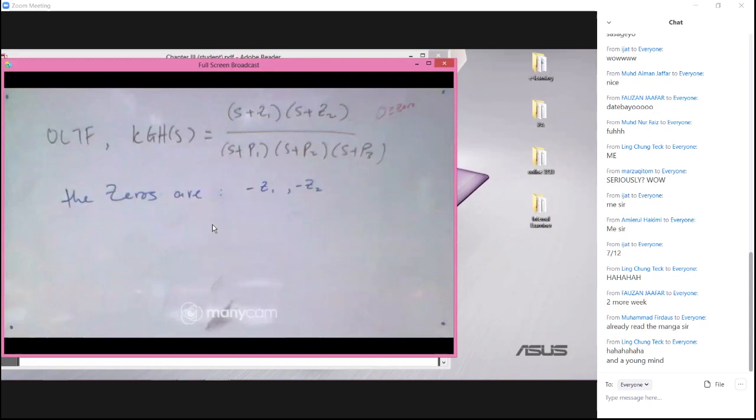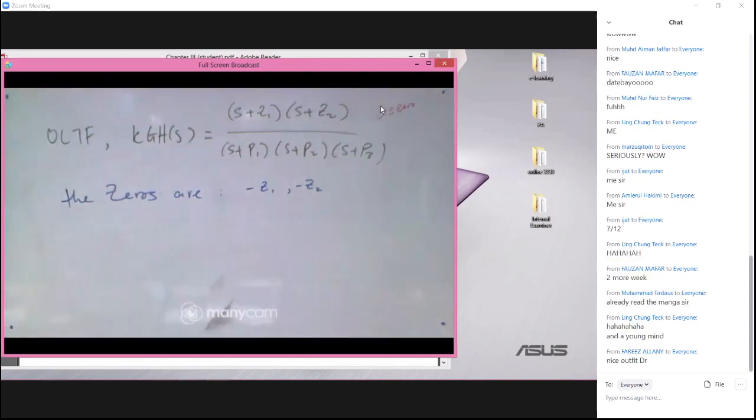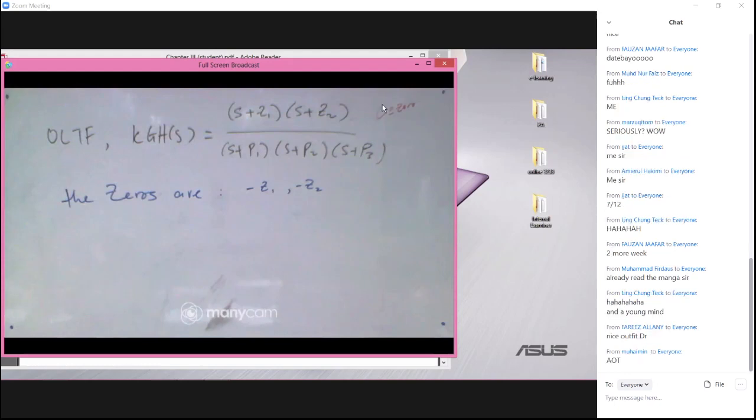There's always a confusion here. See, there is a 0, and there's a 0. The name given to the value of s that will make the numerator equal to this 0 is known as the zeros. What is going on? I don't know. And then the poles are